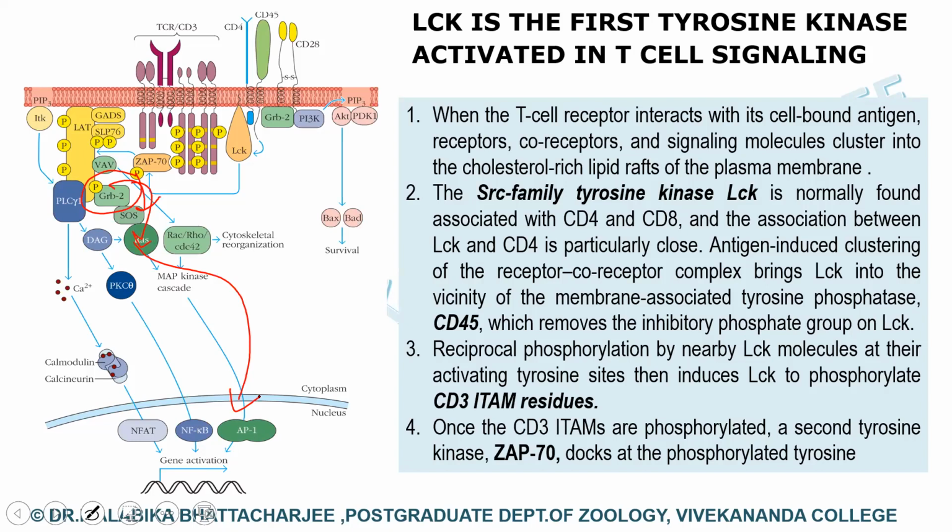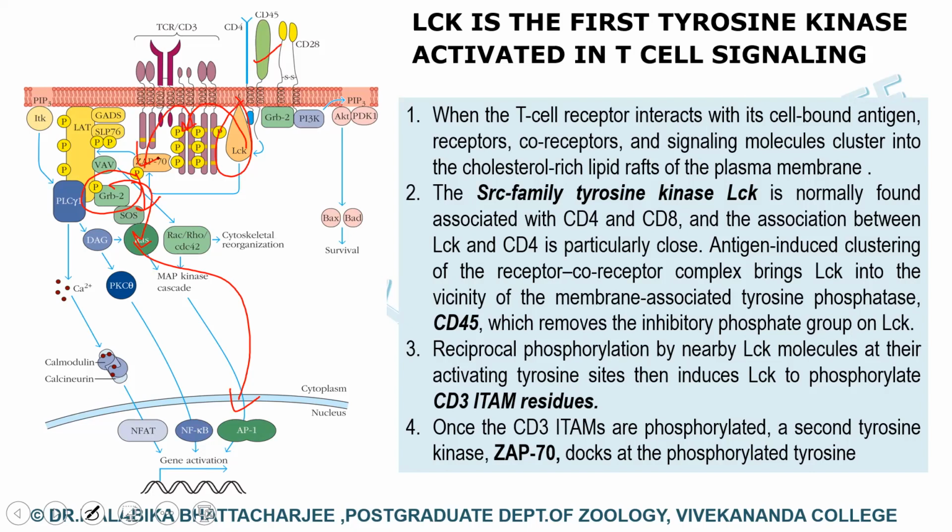So in a nutshell, once more I'm repeating the signaling cascade stepwise. The moment the TCR CD3 complex is activated, the LCK, which had remained phosphorylated and inhibited, has that inhibitory phosphate removed by CD45 phosphatase. LCK is activated. It phosphorylates the tyrosine residues of the ITAMs. So CD3 is activated. It recruits ZAP70.